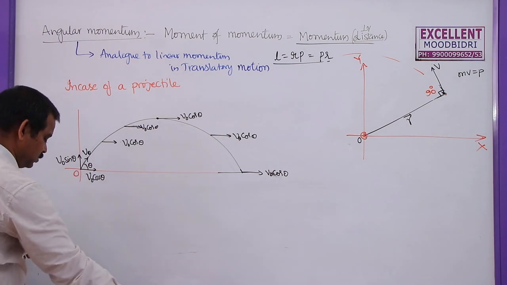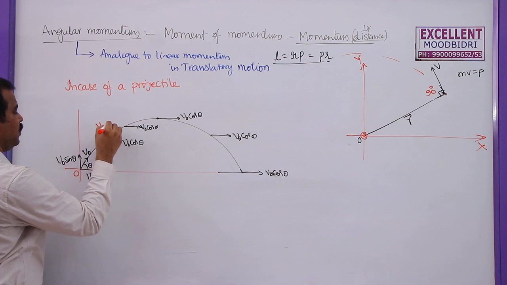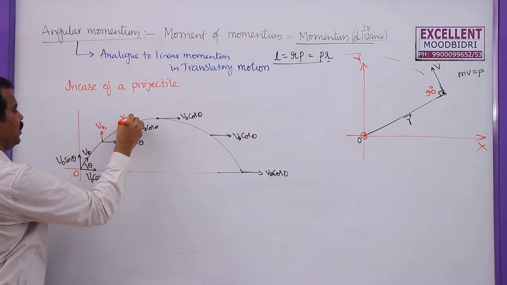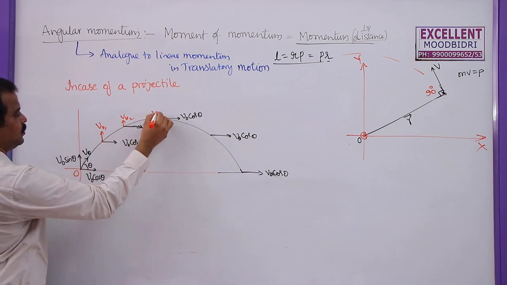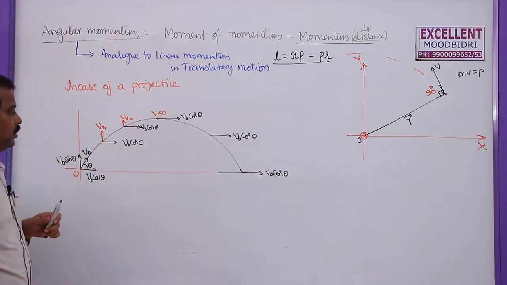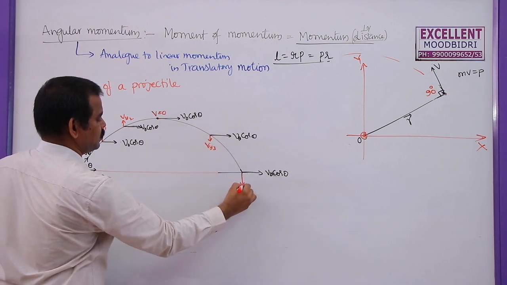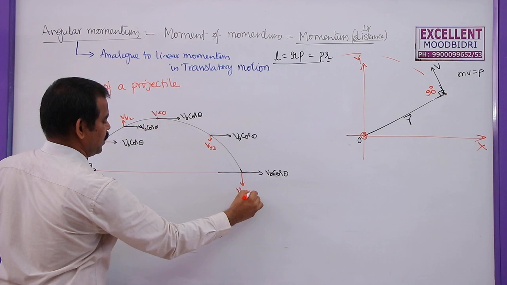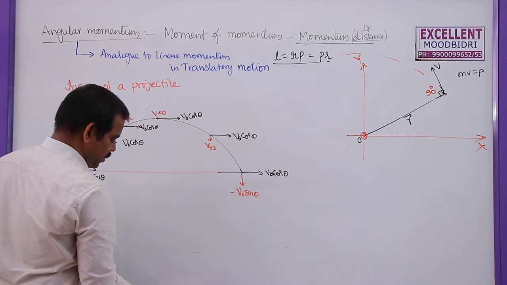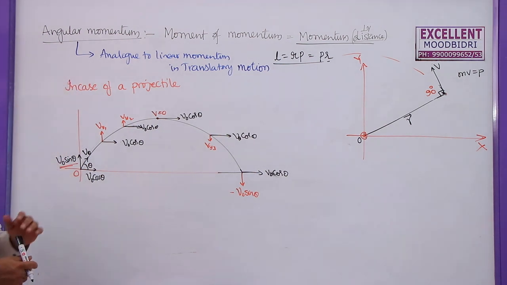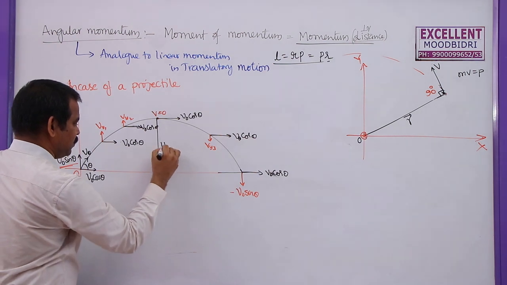But what about the vertical component of velocity? This will be vy1. This is vy2. See here, I am reducing the height of this vector, and finally this is 0 in the vertical direction. This is vy3, and finally it strikes the ground with the same vertical velocity but in the opposite direction. That is, if it is v naught sin theta, it will be minus v naught sin theta. Only the direction will change. Now, this point is called maximum height.